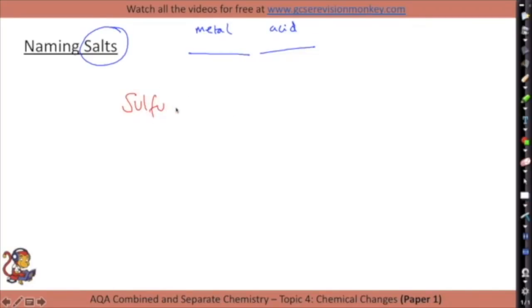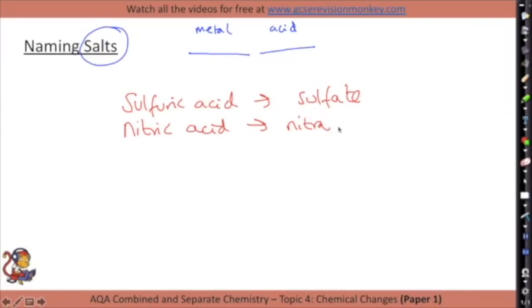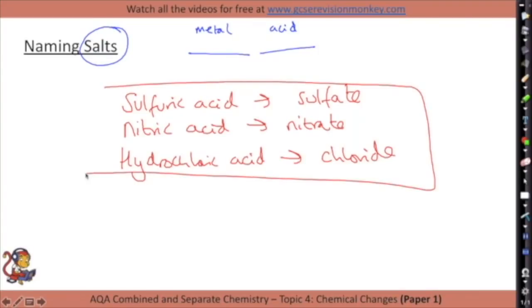Sulfuric acid makes a sulfate salt. Nitric acid makes a nitrate salt. And hydrochloric acid makes a chloride salt. Okay, so those 3 we really need to remember,